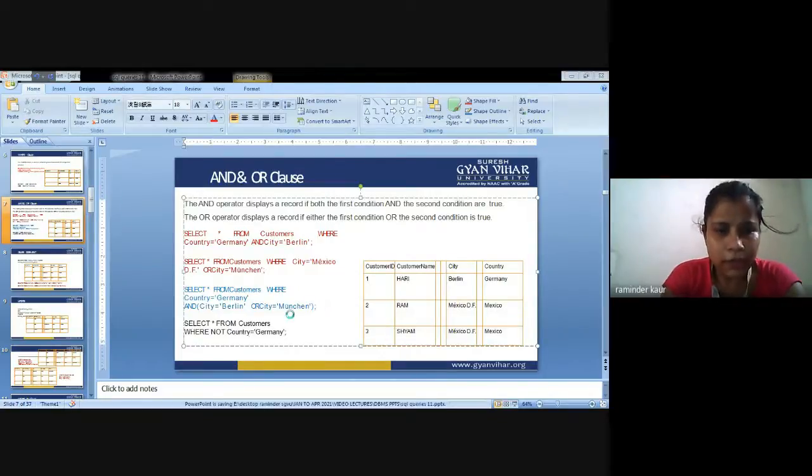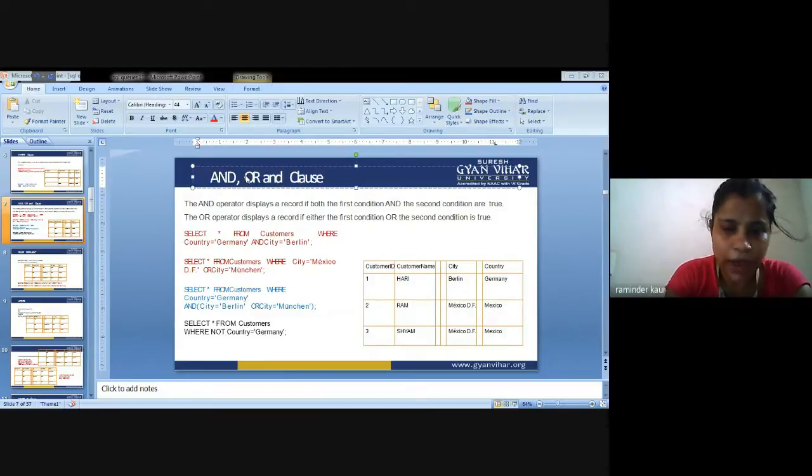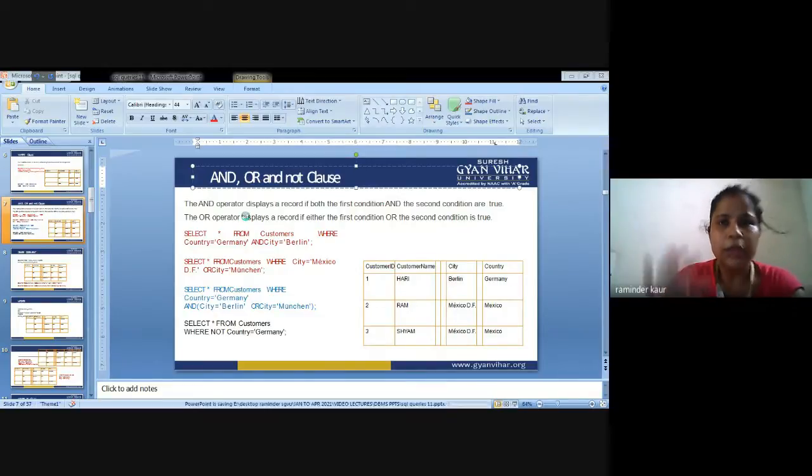Next I am using AND, OR. Just wait, I am putting a comma here because I want to cover all the clauses in a single go. If any one clause is left, then it might be difficult for me to look at all the previous records. So you can write the NOT clause here as well: AND, OR, NOT clause.